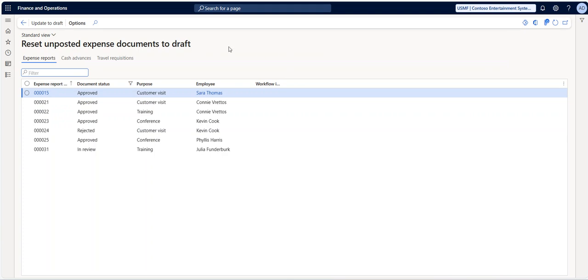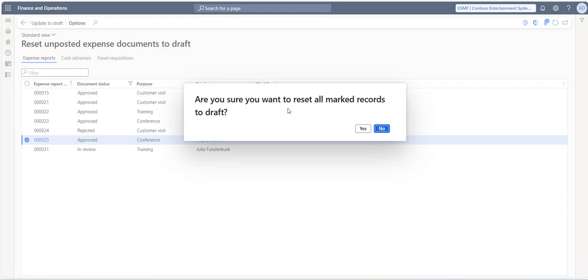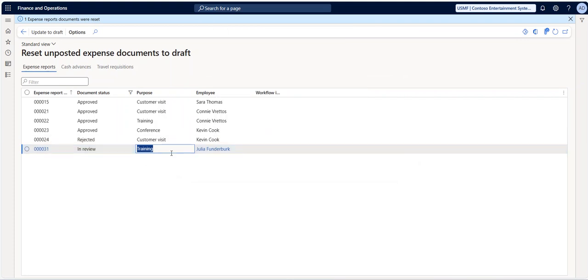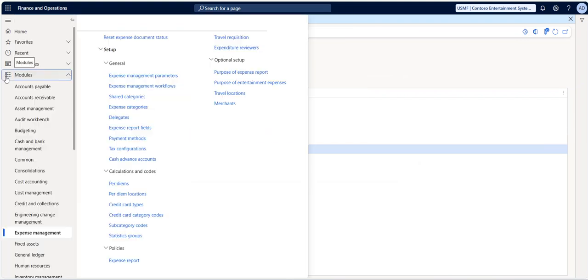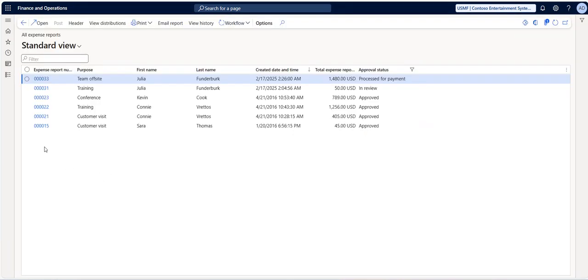Now you can see these are the statuses which are available. For example 25, for this particular 25, from approved status I will update to draft. Once I update to draft, whatever he had submitted to the workflow for approval will now be changed to draft. Now you can see it has been removed. Now if I go to the all expense report, if I refresh this particular page,